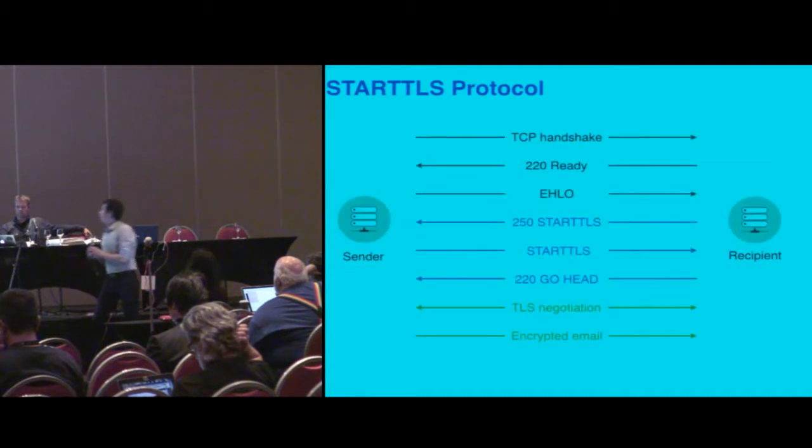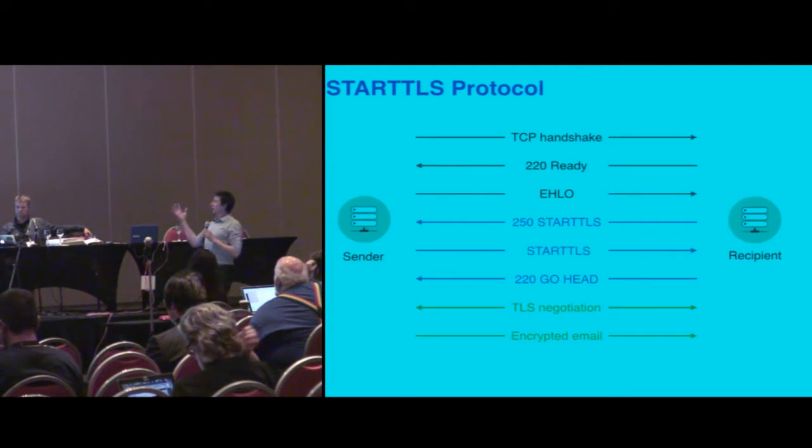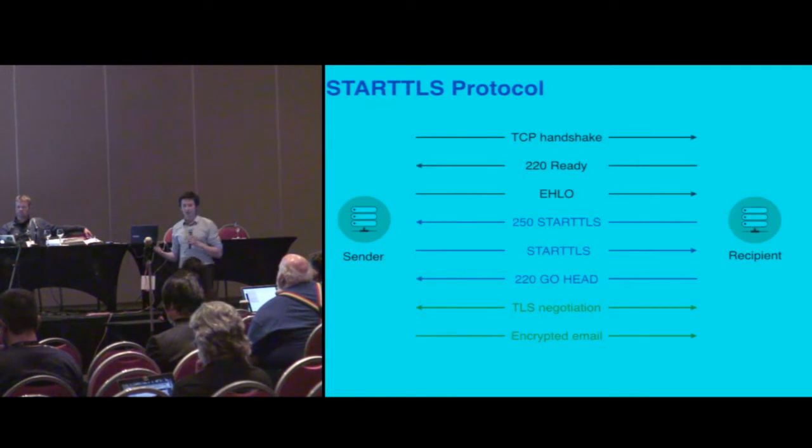And so the protocol is fairly simple. You start an SMTP connection. You say, hello, I want to deliver mail. The server says, these are the features I support. These can be, well, I support compression, or I support eSMTP, but it can also say, I support this STARTTLS command. And if the client also supports STARTTLS, it sends this STARTTLS command, and then they do a normal TLS handshake, at which point they later continue to send mail.